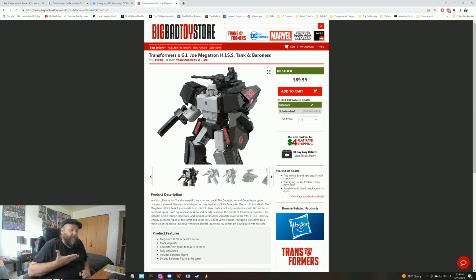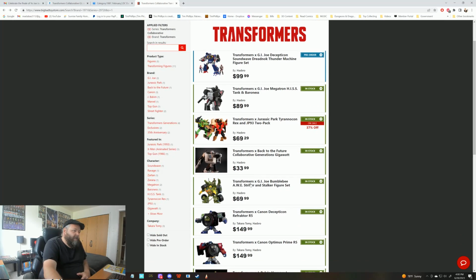So you would think this would make sense, because the new Megatrons from Siege and whatnot all transform into a tank. You think, oh, if they're going to transform into a tank, at least they transform into a tank that I like. Okay, I can buy that. I'm starting to get on board with this, right? And then of course the only way to get Stalker is to buy this guy,